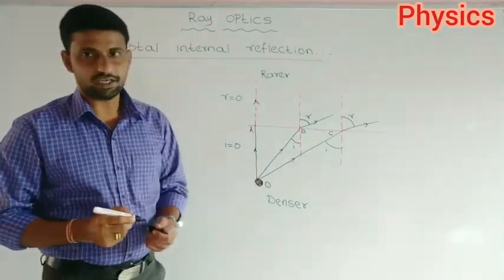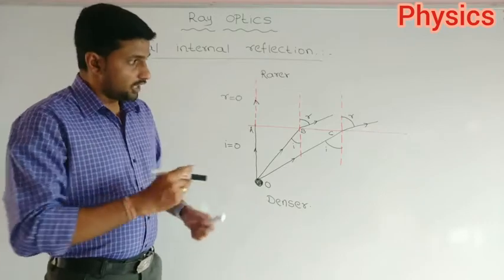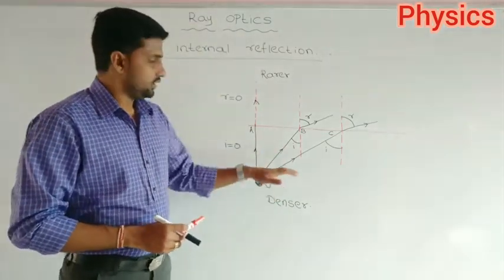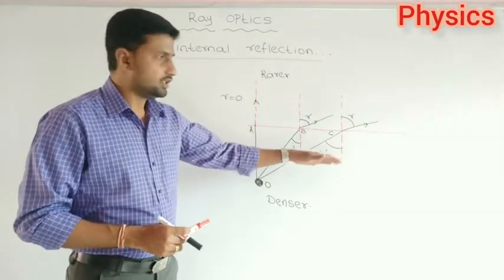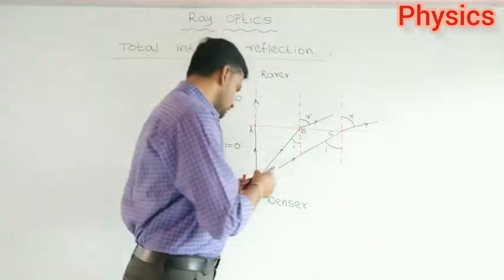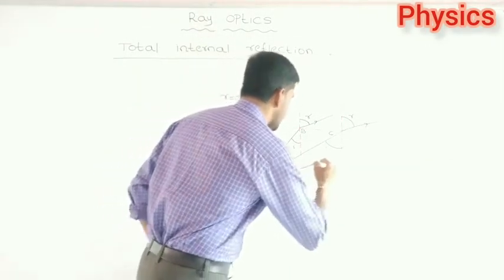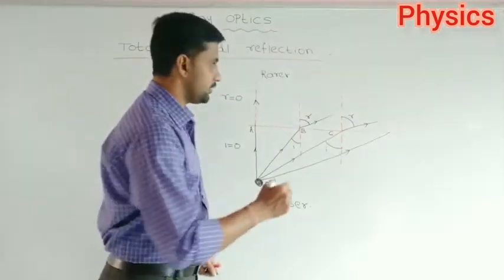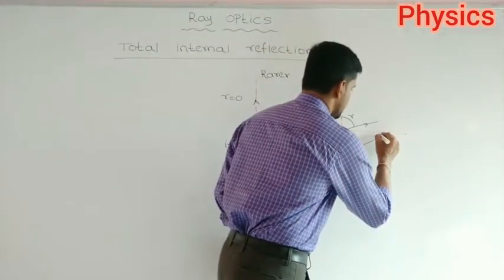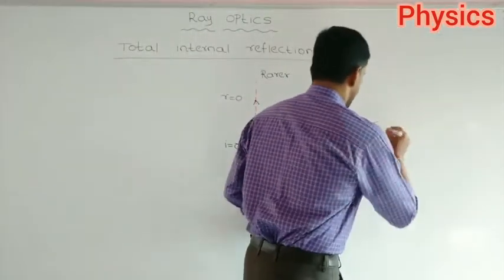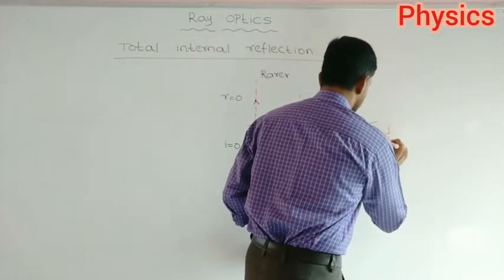That is another ray of light. So like that, if I increase the angle of incidence, then the angle of refraction also increases. For example, now I am going to take another ray of light like this. Another ray of light, that one I am taking as OD. This is the incident ray. Now I am drawing one normal.